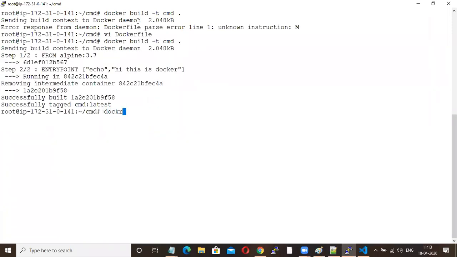So now docker run -it echo. See, I have specified, hi, this is Docker. Now I'm saying, hi, this is Demo.